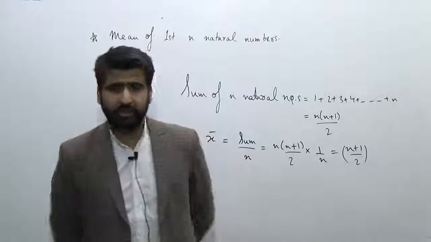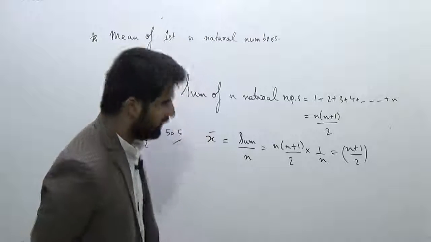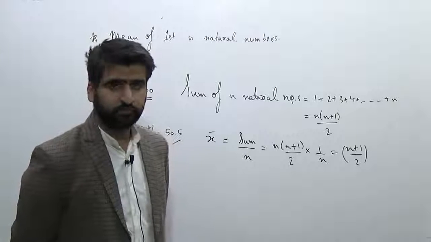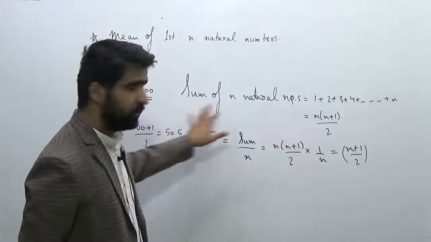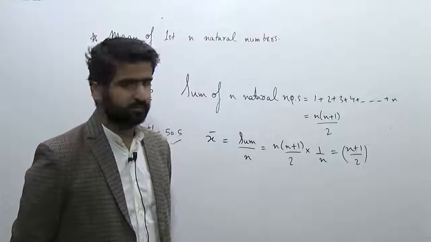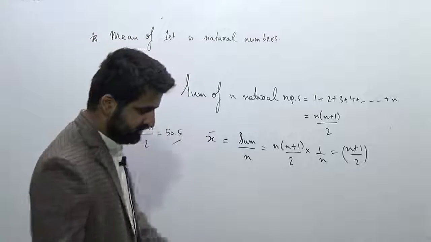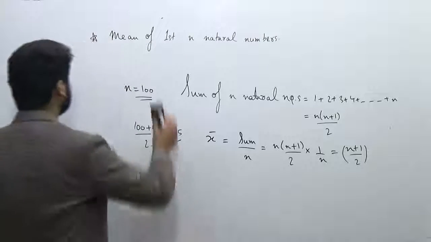We calculate the mean of first n natural numbers, and since you can see that this is raw data, you don't have to move into group data or anything. You can simply apply the formula sum of n natural numbers and divide this by total number of terms. Now let's see